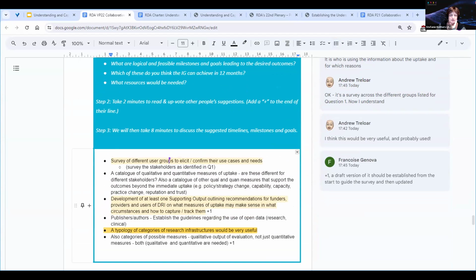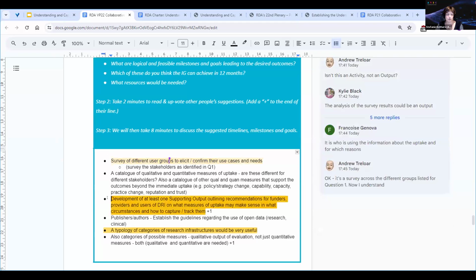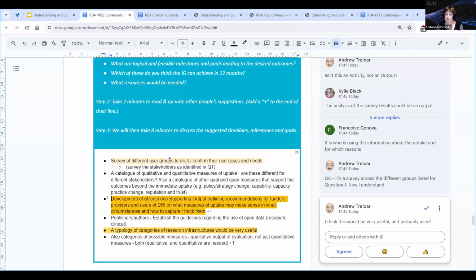But how would we structure the work for the first 12 months, and what would be the order in which we would potentially be doing those things? So what can we do in parallel? It sounds like this would be one of the first things to do, would be my guess. This is probably one of the later things to do, and whether we would get to that within 1 year, hopefully we would, but there's a possibility that not.